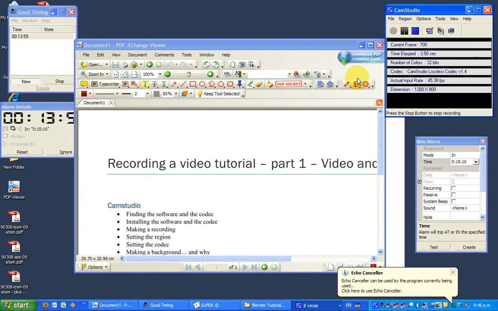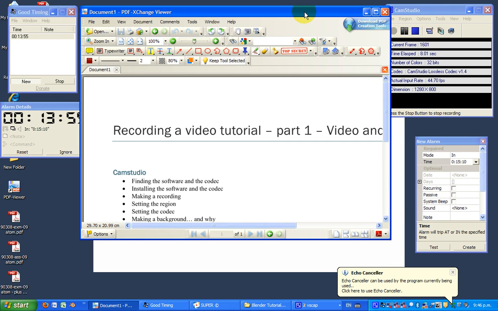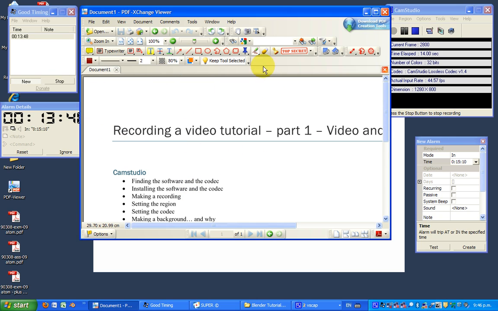Okay, welcome to the video tutorial on how to go through and record a screenshot, which is exactly what I'm doing now, a screen recording. A screenshot is normally just a photograph of the entire screen, but what I'm doing right now is recording the entire screen while it's moving with audio attached. Okay, what we're going to do today is we're going to go through this thing here,